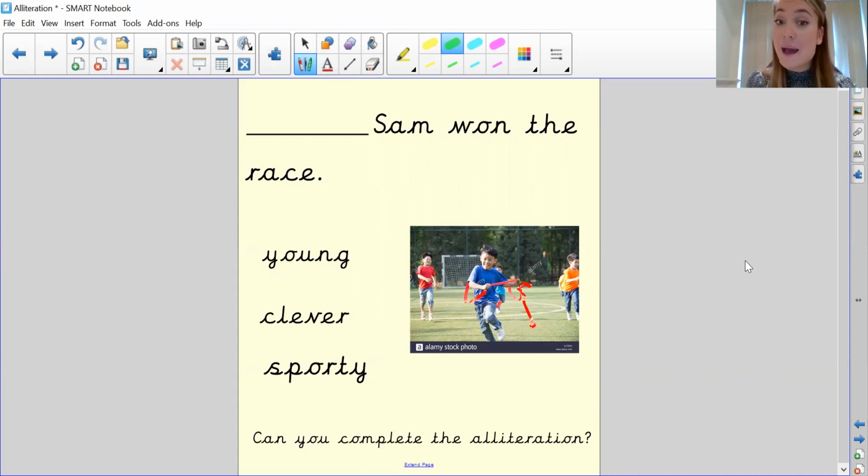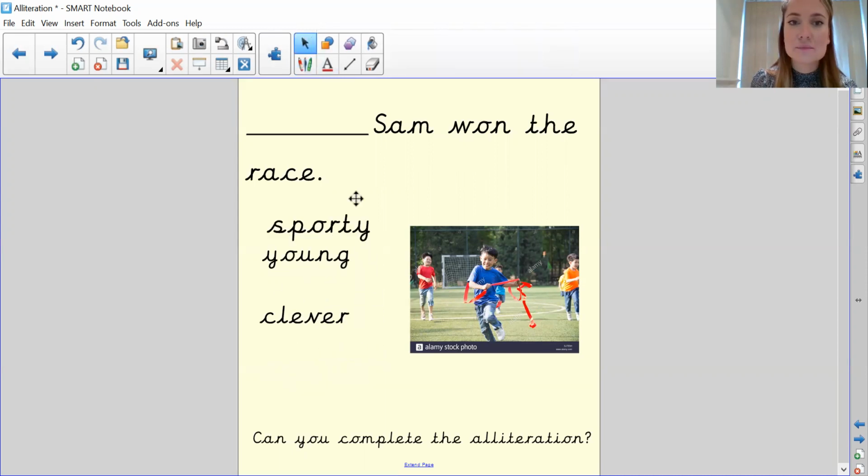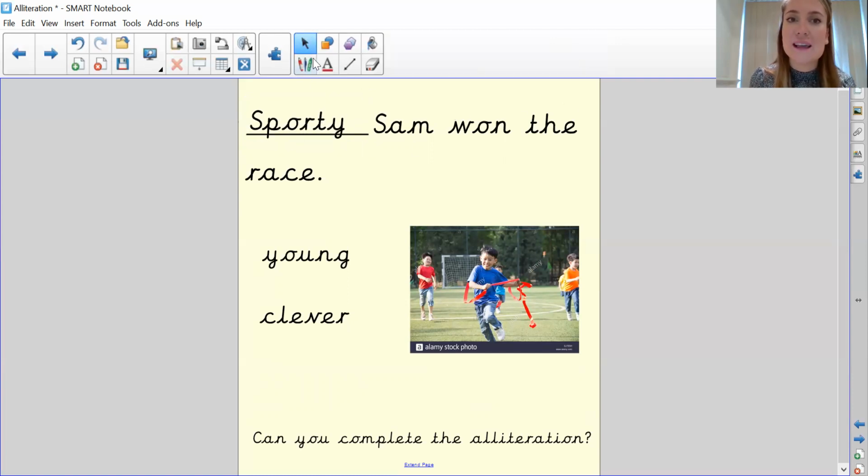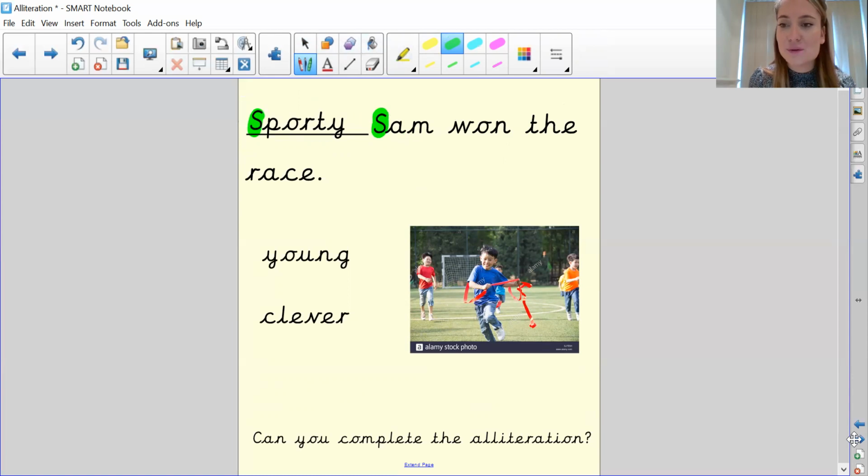Fantastic, because Sam and sporty begin with S. So it's alliteration. They begin with the same sound. And I'm going to make that a capital letter because it's now the start of my sentence. So I've got sporty Sam won the race. So I can see sporty and Sam both begin with that S sound.